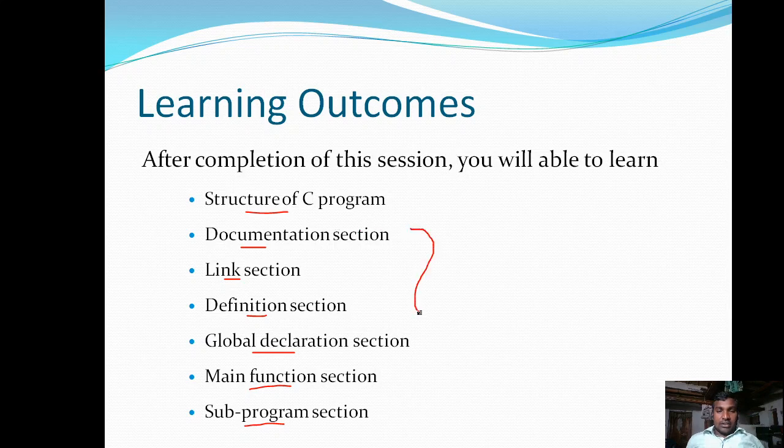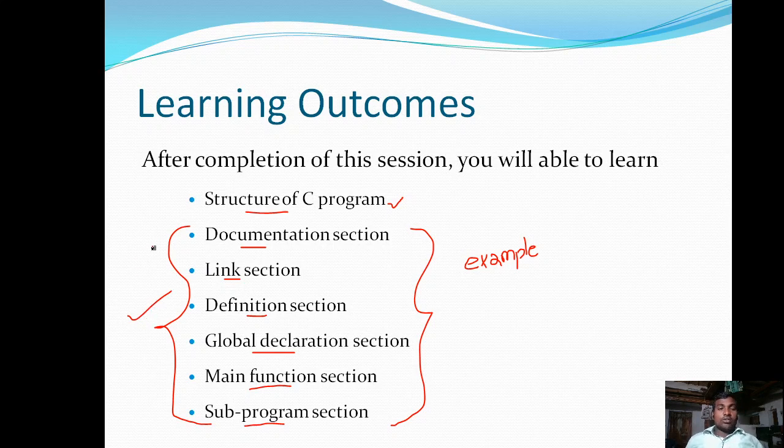All these sections are part of the C program structure. Along with the structure definition, I am also going to explain some example programs including all these sections of the C program structure.